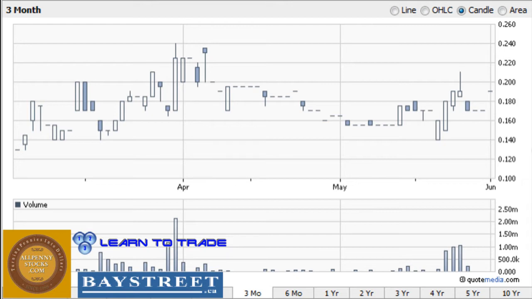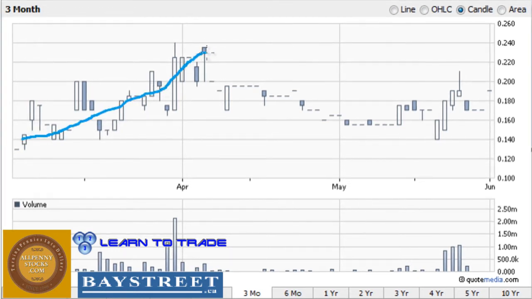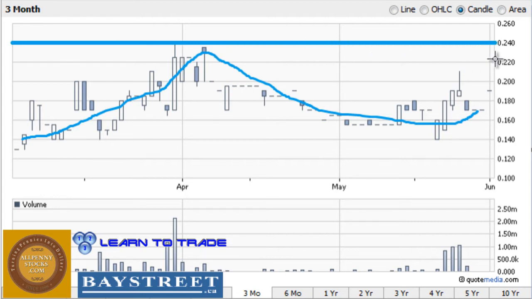and we can see that price has been bouncing back and forth within a price channel. That is, price rallies and then pulls back and continues to do so. And now we have an area of resistance that's occurring right around the 24-cent area, which is our upper bound limit of the price channel. We also have an area of support occurring around the 14-cent area, which is our lower bound limit of the